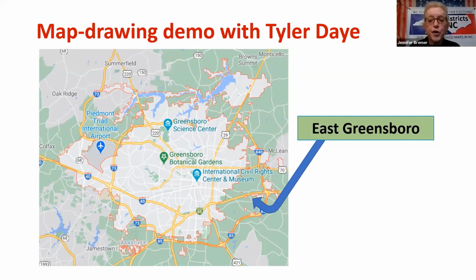And like a lot of North Carolina municipalities, it has little pieces scattered around the different parts around it that are not contiguous, that are connected by roads, I guess. And then it's also interesting that East Greensboro is not part of the official Greensboro perimeter. So Tyler, do you want to take over and talk a little bit more about your community?